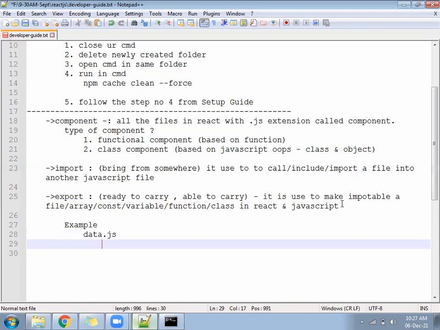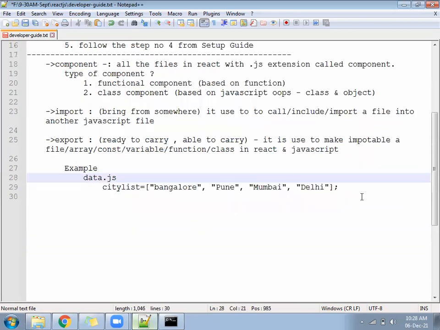Inside we have an array called cityList equal to, we write like this: Bangalore, Pune, Mumbai, Delhi. Okay, this is which file? This is the data.js file.